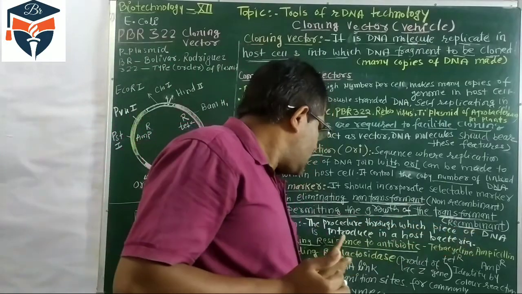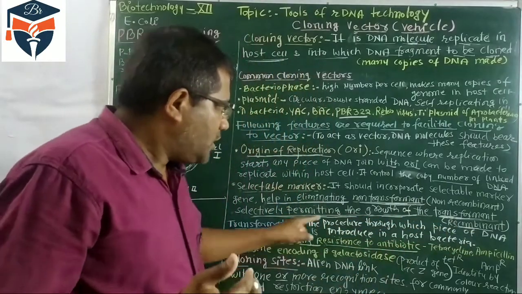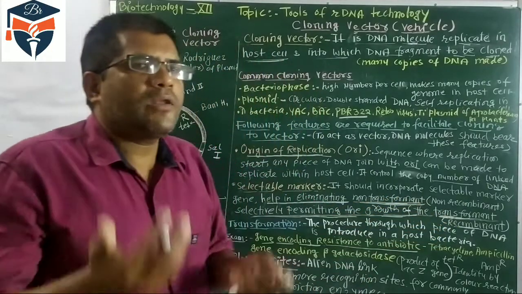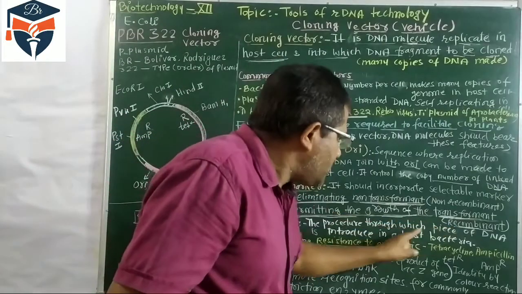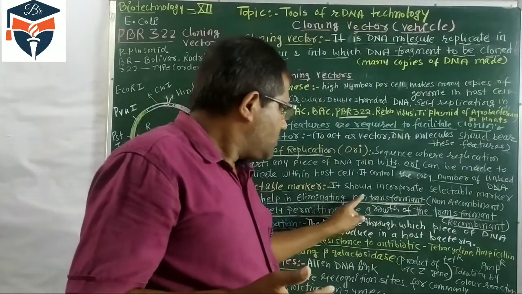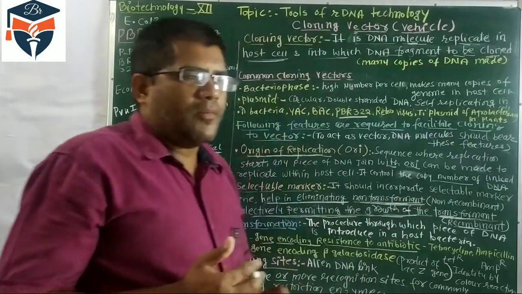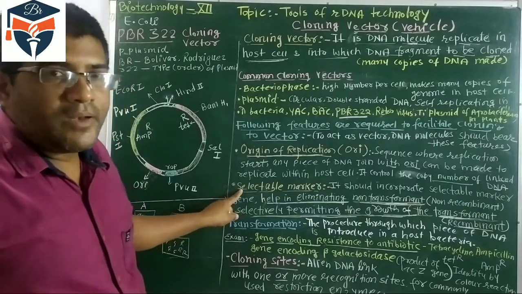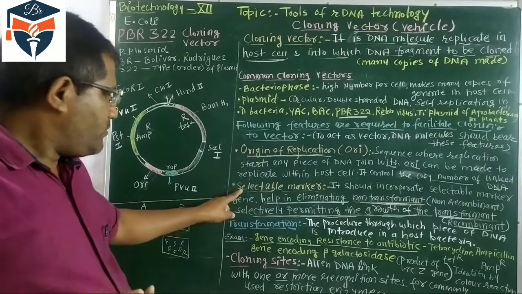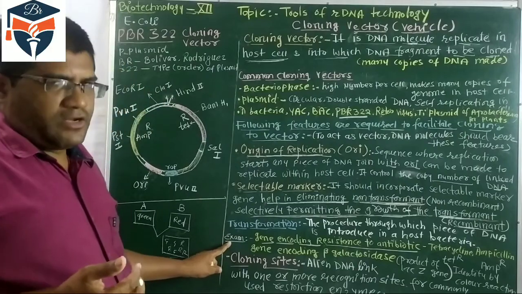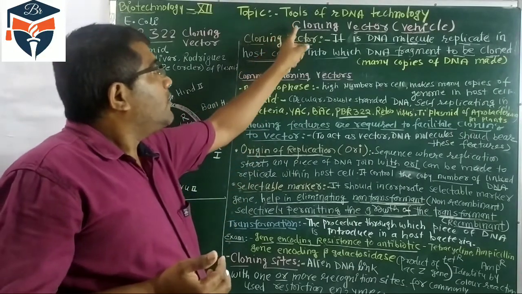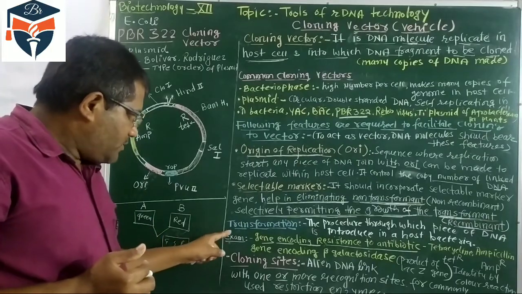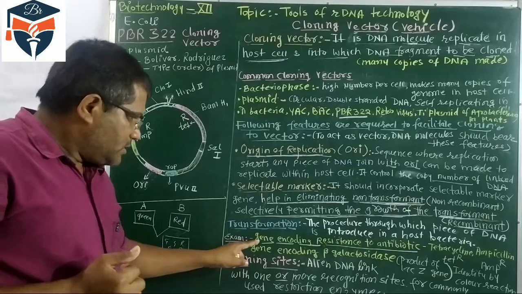So what is transformation? It is the process through which a piece of DNA is introduced. If a piece of DNA is introduced in the host cell, it means recombinant is formed, or transformation is done. If a piece of DNA is not introduced, it means a non-transformant or non-recombinant is formed. Many such selectable markers are available. Out of these, the main selectable markers are those used in cloning and recombinant DNA technology.